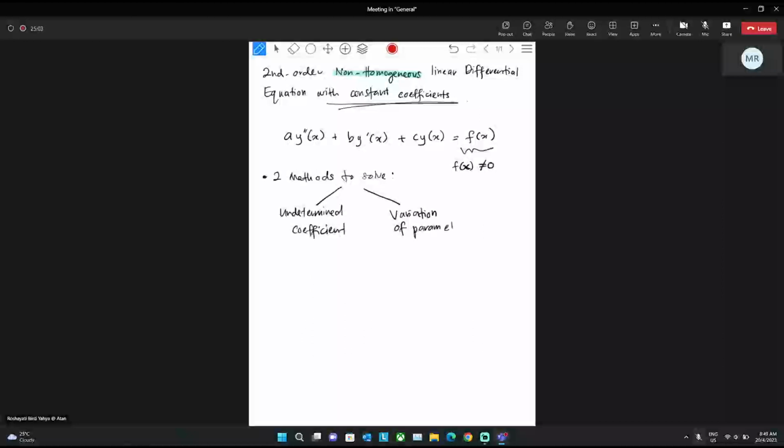Variation of parameters sometimes being called as variation parameter. Okay. So now we want to focus on undetermined coefficient. So for this undetermined coefficient,